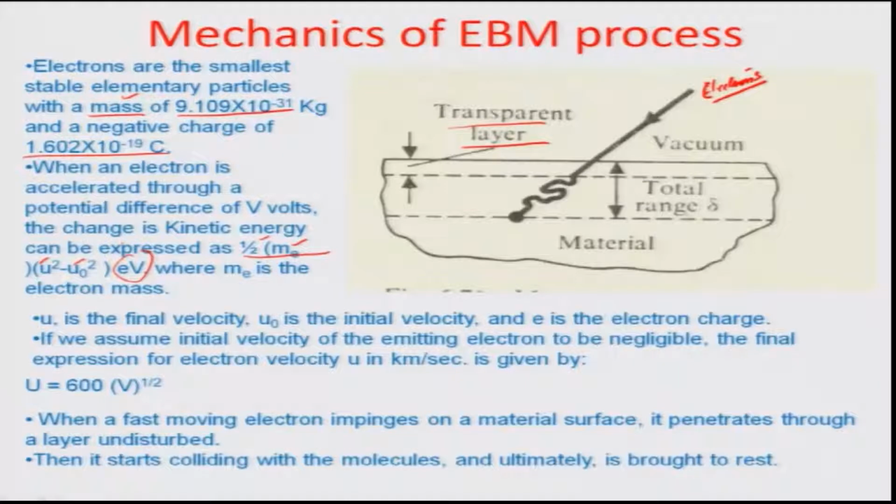And obviously, if an electron is accelerated through a potential difference of V volts, the total energy that it ultimately has is the charge on the electron times the voltage, times the distance through which it is moving. So, force times distance is the work done, and that is equal to the kinetic energy, half me times u square minus u0 square. If u is taken as the final velocity of the electron, u0 is the initial velocity, and e is the electronic charge,